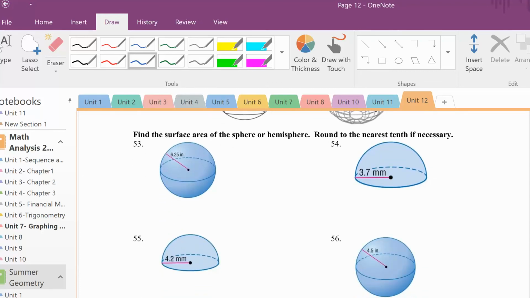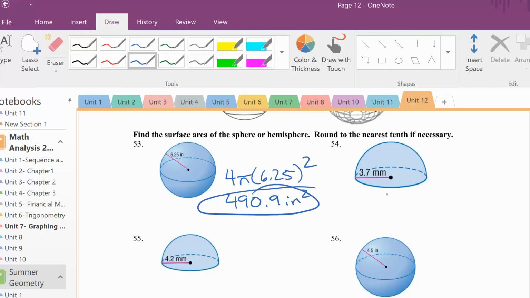It says find the surface area of the sphere. For number 53, the radius is 6.25, so we take 4 times pi times 6.25 squared, and that gives us 490.9 square inches. Here for the surface area, we take 4 times pi times 3.7 squared, and that gives us,